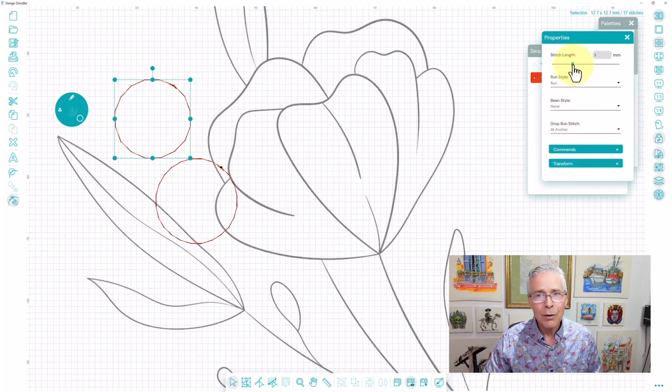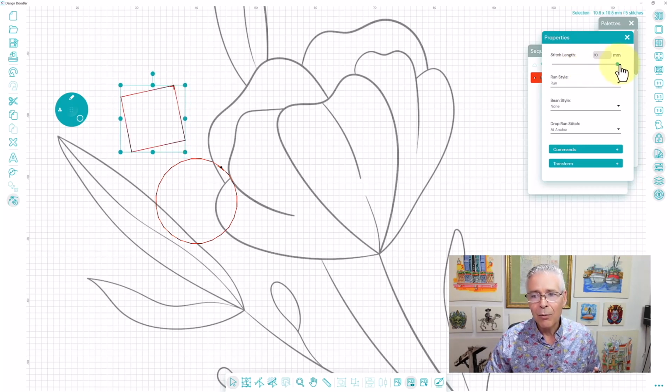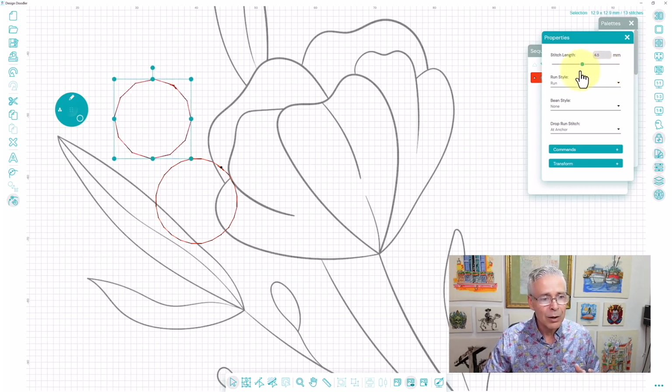But I can go in here and very quickly adjust the stitch length. And you can see as I make it longer, all the way up to 10 millimeters, that circle turned into a square because there's only 4 points that it's seeing at that stitch size. But as I make it smaller, that circle becomes more and more defined. I can go all the way down to 0.5 millimeter. I can go down to